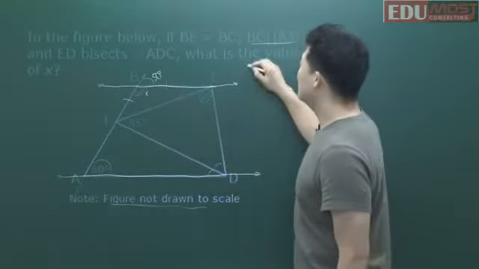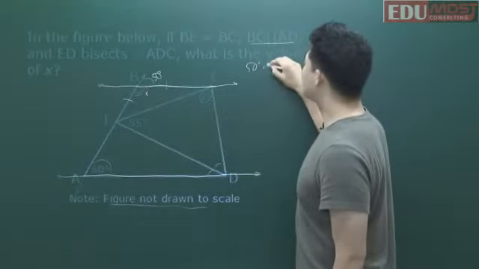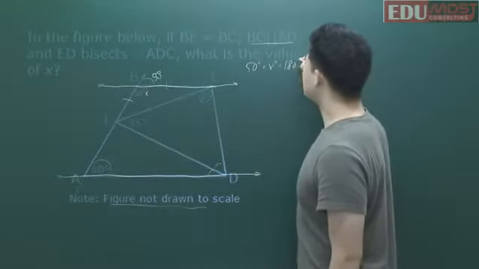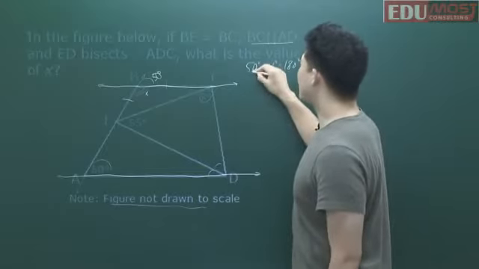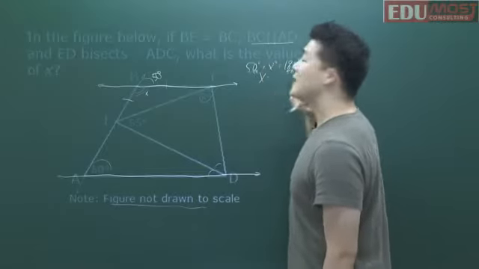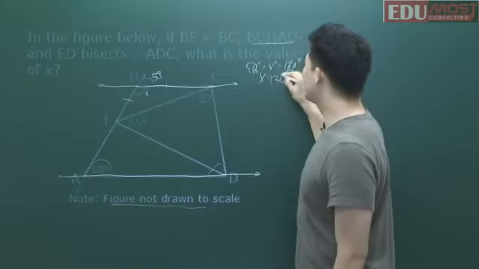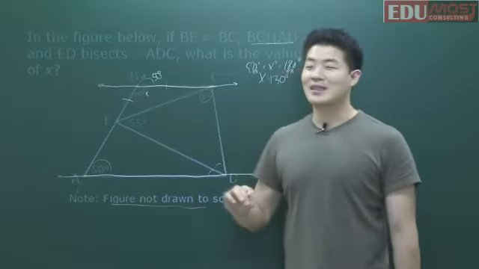Well, let's just call this X, right? We say 50 degrees plus X degrees is equal to 180 degrees, right? Therefore, you subtract 50, right? That means X is equal to 130 degrees. So just from that, the parallel construction